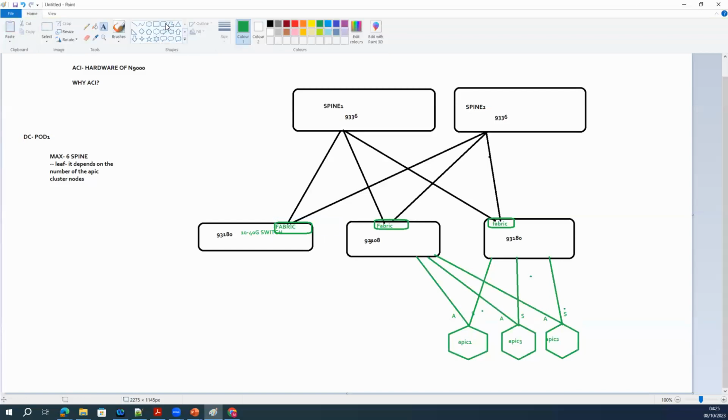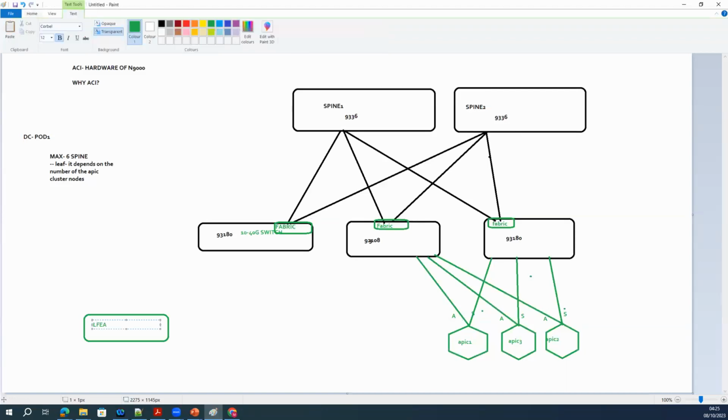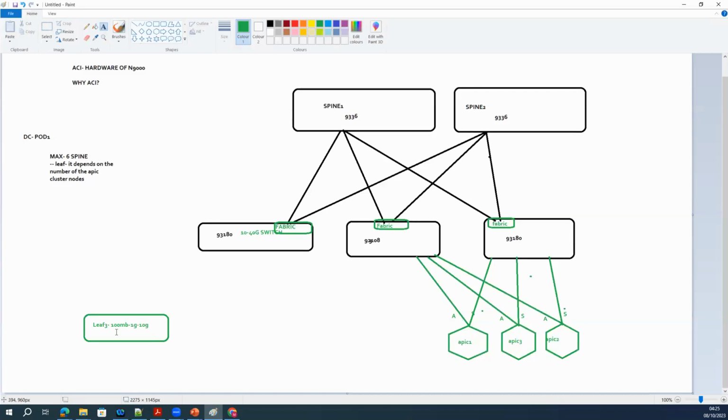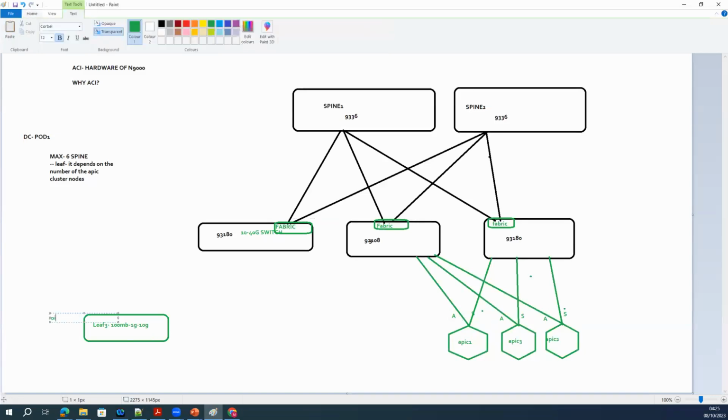I'm going to purchase one more leaf switch, leaf 3, which needs 100 MB to 1 gig to 10 gig requirement, and I don't have 40 gig SFP ports.